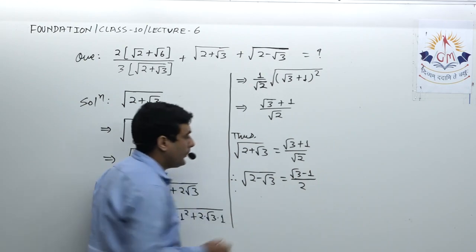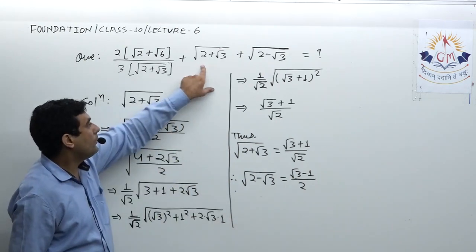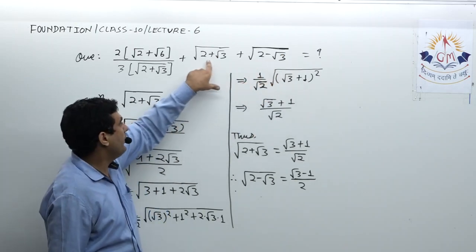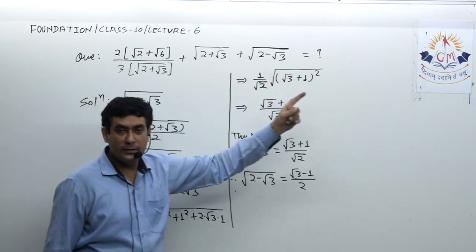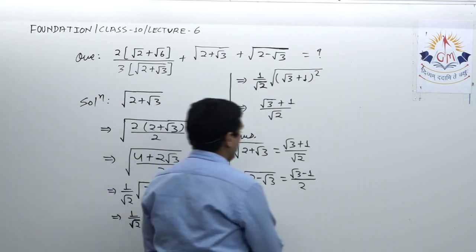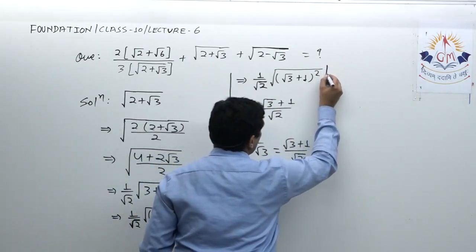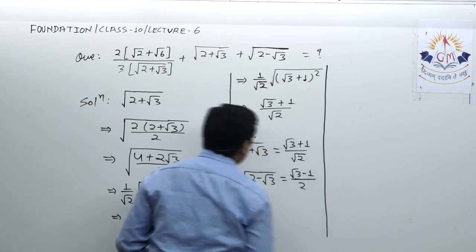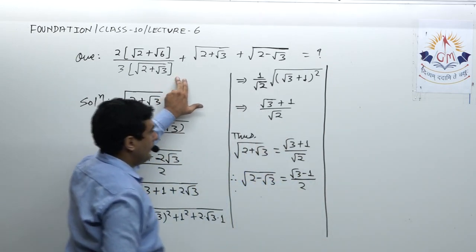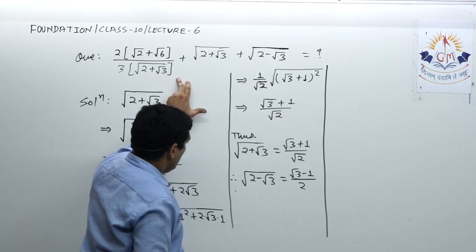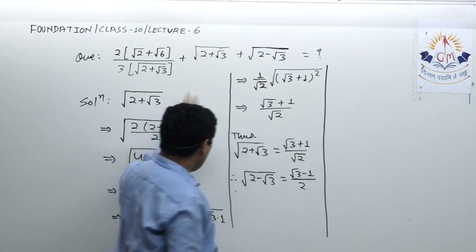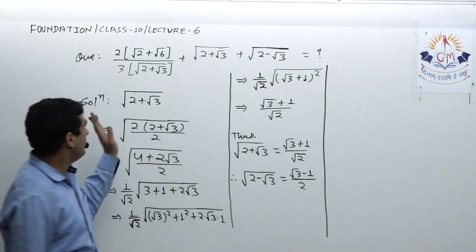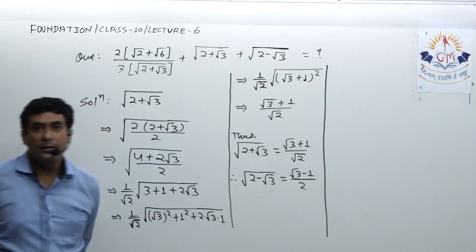No need to find it separately because we know the square root of a plus 2 root b is root x plus root y, and if I make the minus sign, then only the sign changes, it will be root x minus root y. So here I got the square roots. Now I can keep these values in the expression whose value I actually need to find. So note it down up to this point, then I will give you the further solution because I need a little bit more space to simplify this.